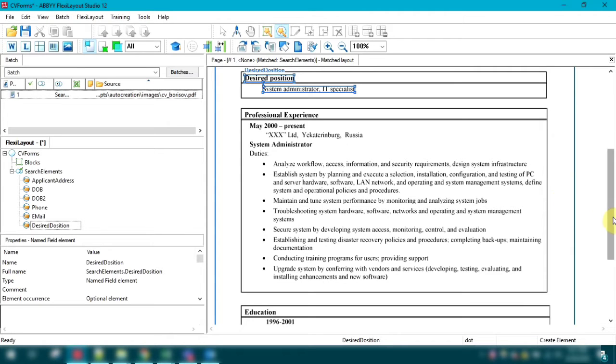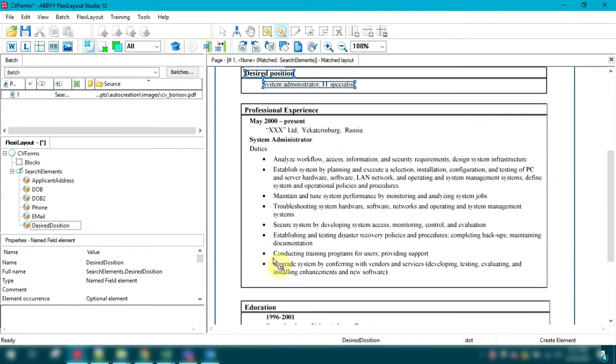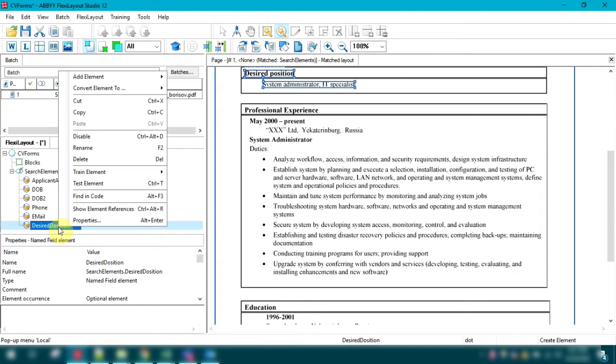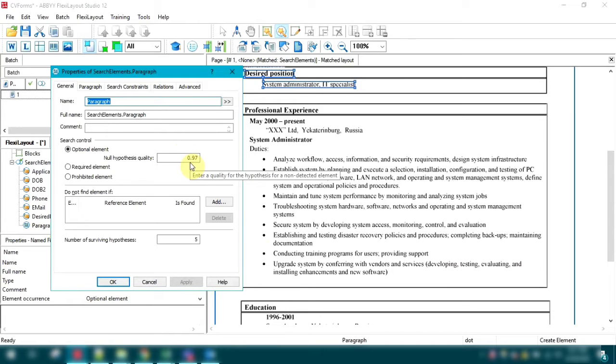In our previous lectures, we learned how to get some small fields out of this invoice using labeled field. But this time we have a very big chunk of text that we need to extract. In that case, we'll use an element named paragraph. You can add it by clicking here, or by going down on any element, clicking add element, and clicking paragraph. Let me rename it to experience